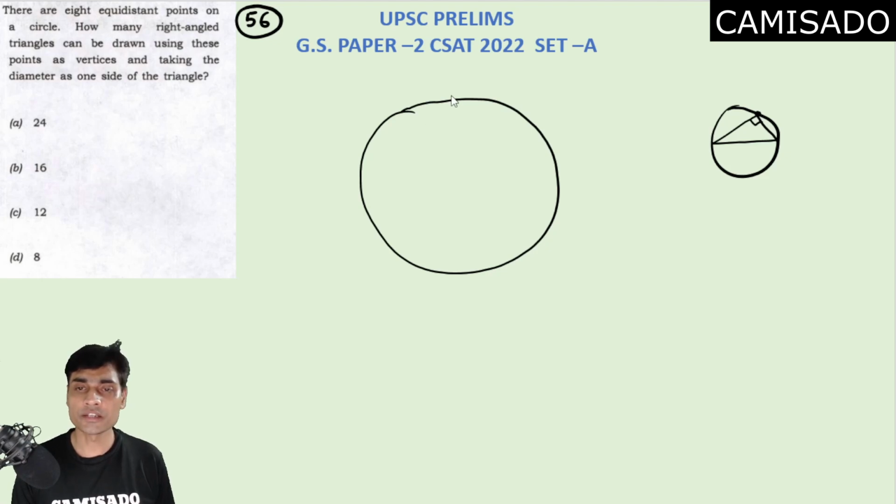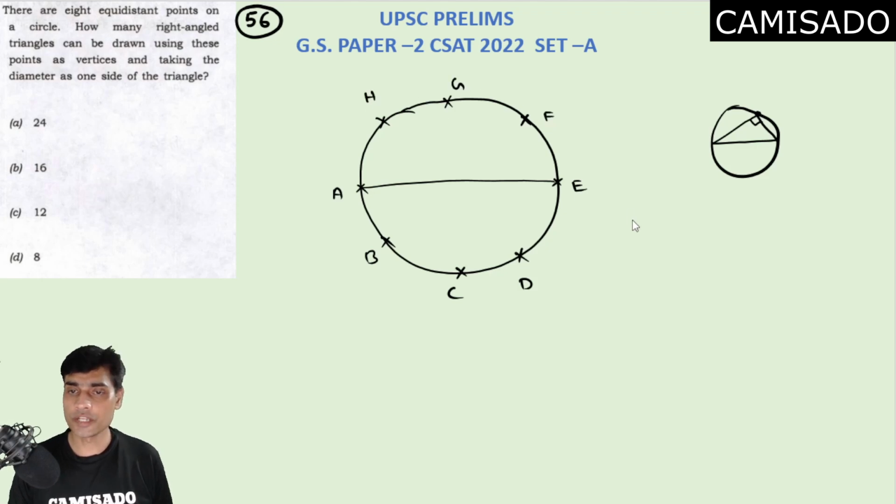Now here are 8 distinct points. Let me make the points first. So this one, 2, then this, opposite to it, this one and this one. So how many diameters are possible? Basically we have 4 diameters here. Okay, A, B, C, D, E, F, G, H. So taking AE as a diameter, how many triangles or how many right angles can we form? We can form 3 on the upper side like this,